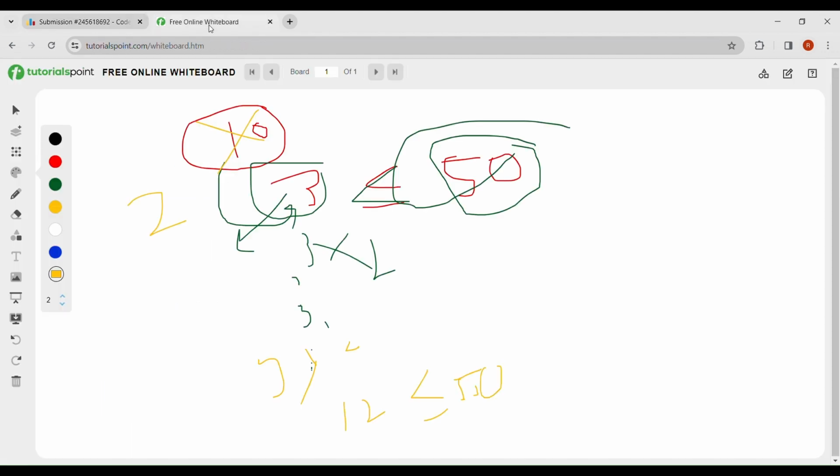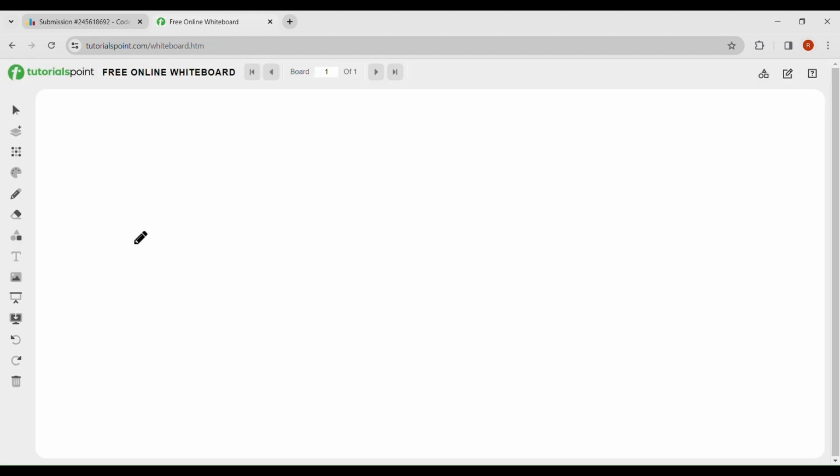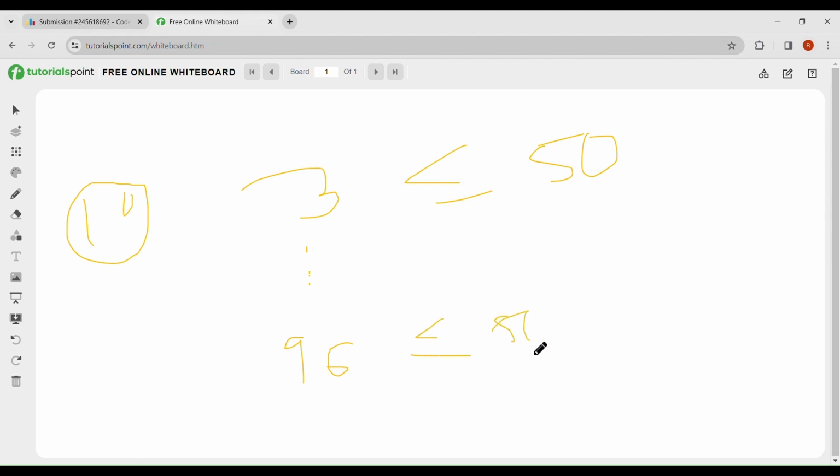Now if the sum is not 0, suppose the answer goes up to 96. If you multiply by 2 to 2, it will be 96. At this point the answer will be greater than